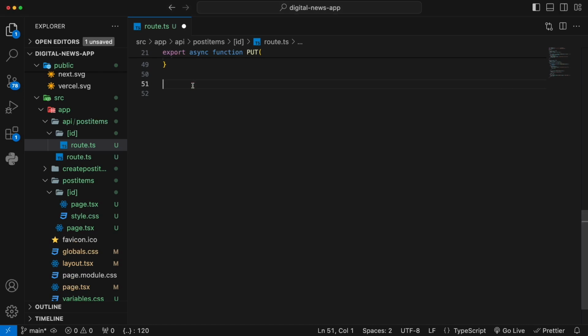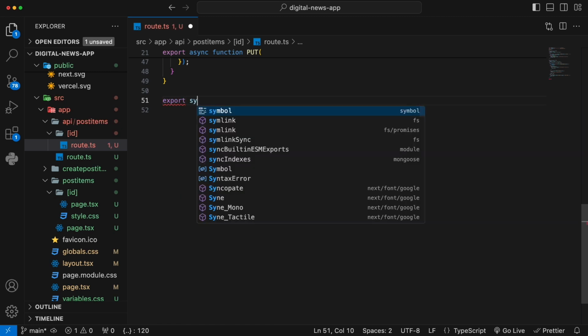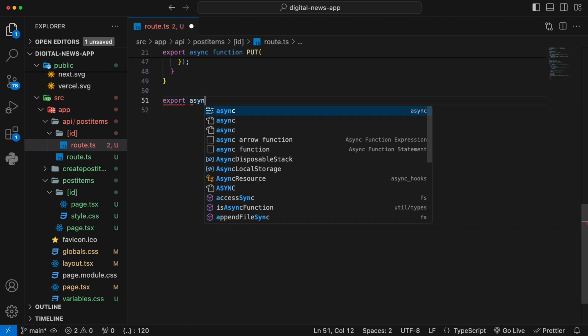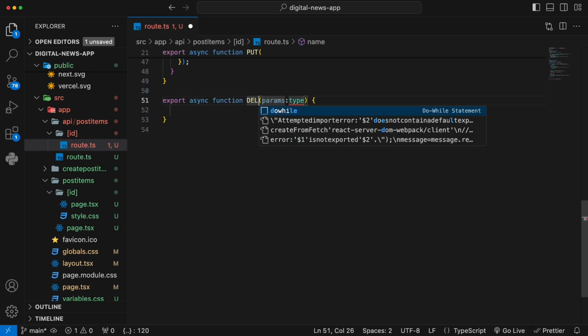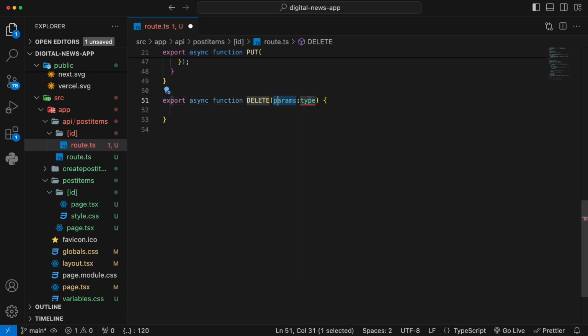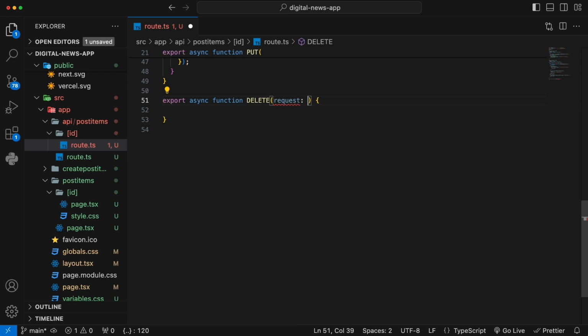So to build our delete routes, we say export. It's also going to be an async function, so async function, and we're gonna name it delete. And for the routes parameter, we have to provide ID because we need to tell the database which item you want to delete. And so we say request. It's going to be the request object, and we pass in a second thing,